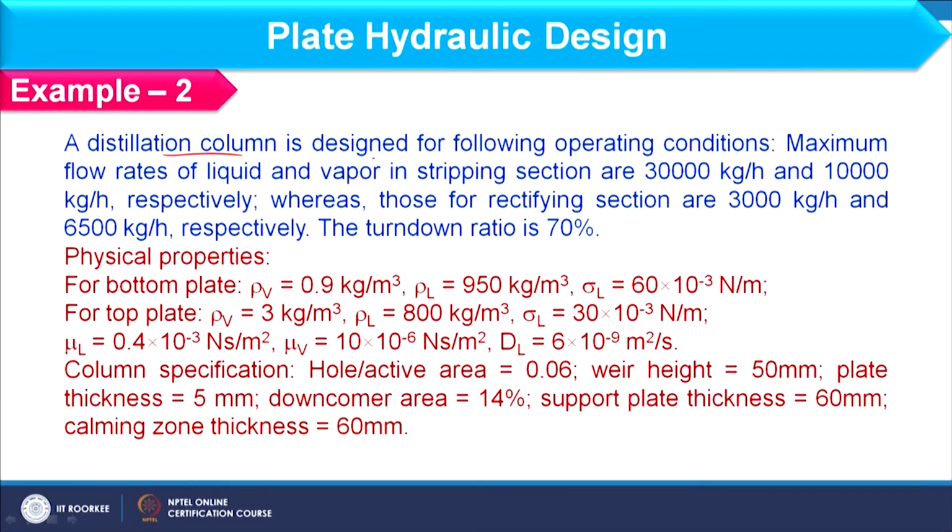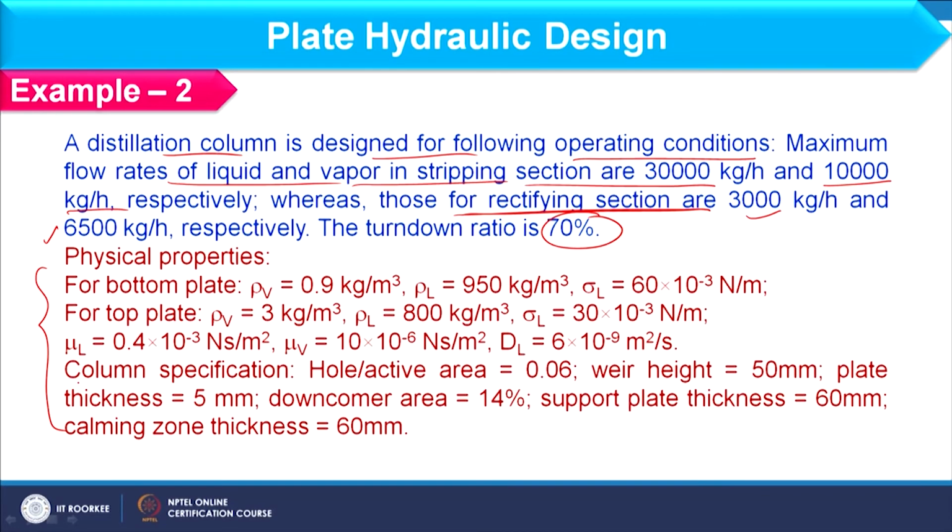So, in this example, a distillation column is designed for the following operating conditions, that is the maximum flow rate of liquid and vapor in the stripping section are 30,000 and 1000 kg per hour, right. Whereas in the rectifying section these are 3000 as well as 6500. Turn down ratio we can consider as 0.7. Okay. These are the physical properties,